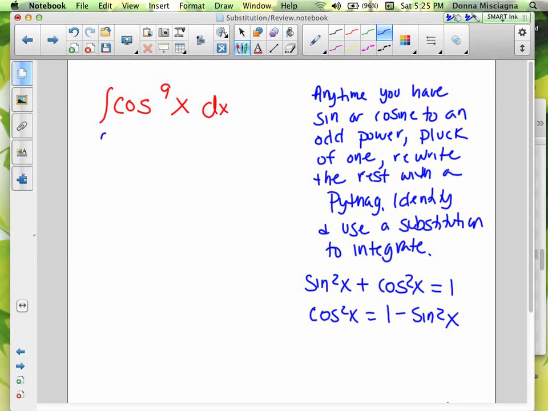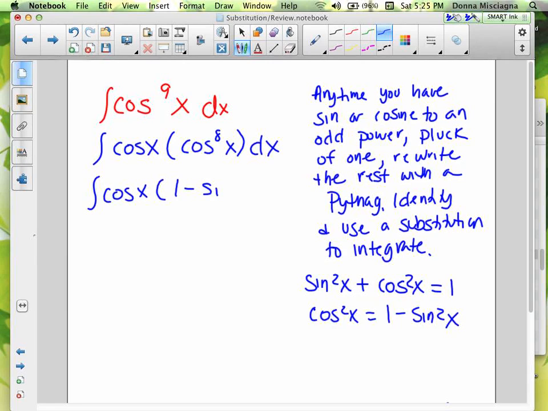So I'm going to pluck off 1. I've got cosine x. And then the rest of this is cosine 8x dx. I'm going to replace that. Cosine x times 1 minus sine 8x dx. All right, so now we can simplify that. I'm going to rewrite this as 2 integrals. Cosine x dx, I'm not going to use a substitution for, minus